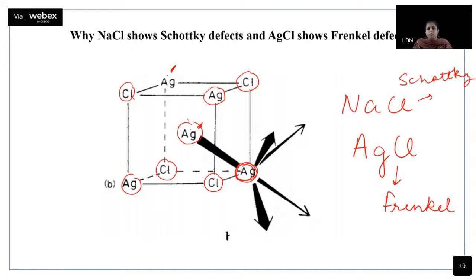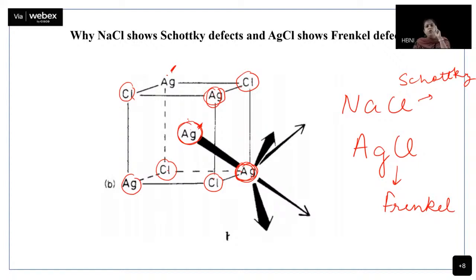Chloride से उसको problem नहीं है because chloride is negative, Ag is positive. It will have electrostatic attraction to stabilize it. In case of Ag, it is a highly polarizable cation. So it is not highly electropositive also. So it will not be very uncomfortable in presence of 4 like charged silver ions.